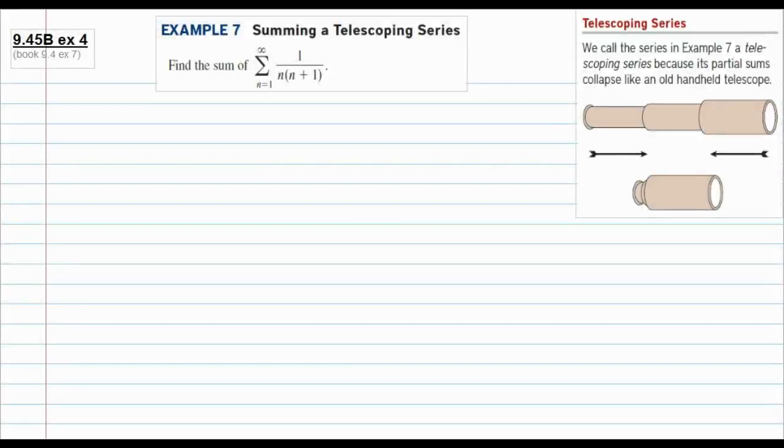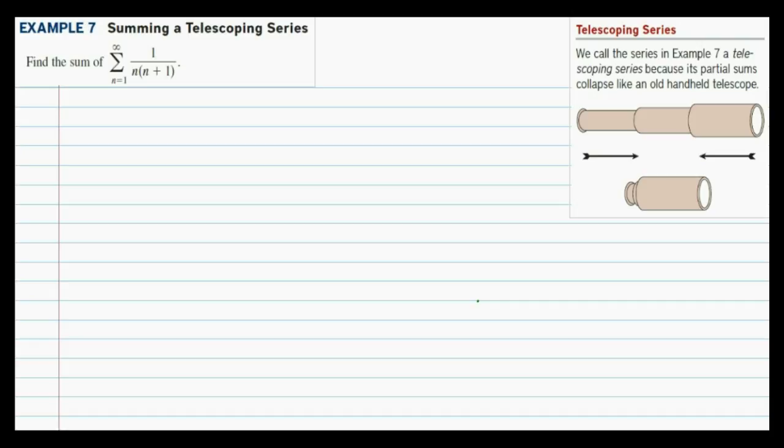This is the screencast for section 9.45b, example 4. How about if we look at the summing of a telescoping series? Now, we call this a telescope for a reason, and I'll show it to you more later as we expand